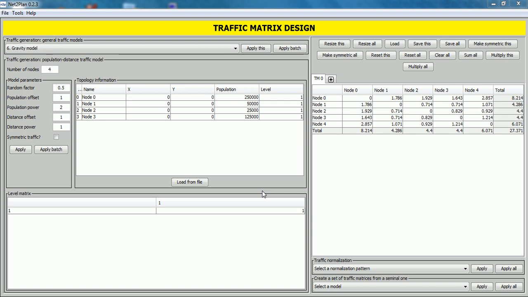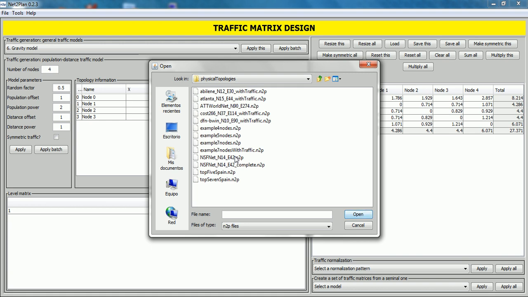Returning to Net2Plan, we focus on this section, the traffic generator population distance traffic model. Before proceeding, a topology previously saved should be loaded by clicking the Load from File button. If the topology is not loaded, it can be created in this panel, but Net2Plan contains several physical topologies as examples. In this case, we choose the Top 7 Spain N2P file. Click on Open,